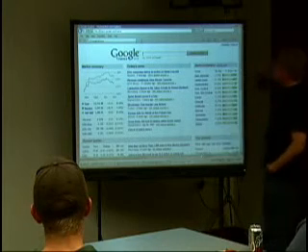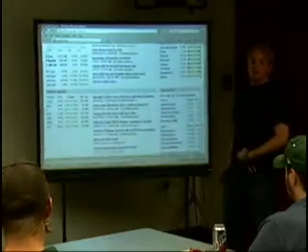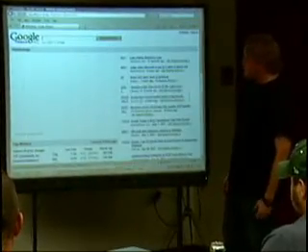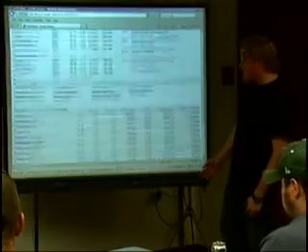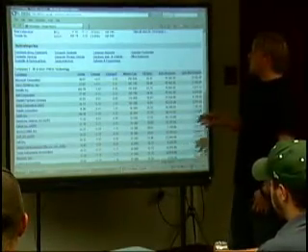Google Finance, you can see the sectors over here on the right. And we basically just pick a sector and we go through the companies and they have a list at the bottom. That's right, technology. And here's a list of companies at the bottom that tells you the quote, their change, their market cap,